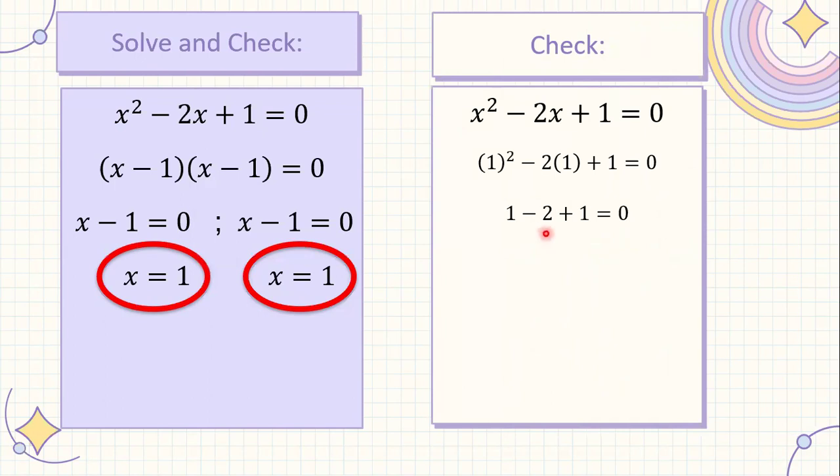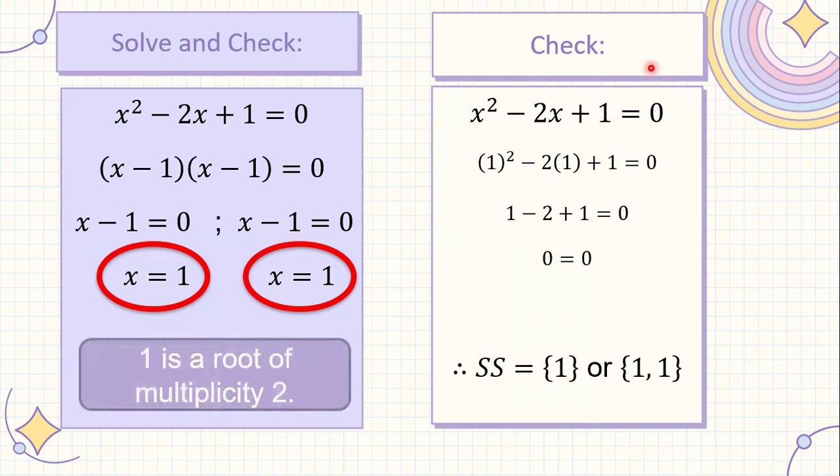+1 minus 2 is -1. -1 plus 1 is just 0, which is equal to 0 on the right side. So therefore, our solution set is equal to 1, or 1 and 1. 1 is the root of multiplicity 2. So I hope you understand that